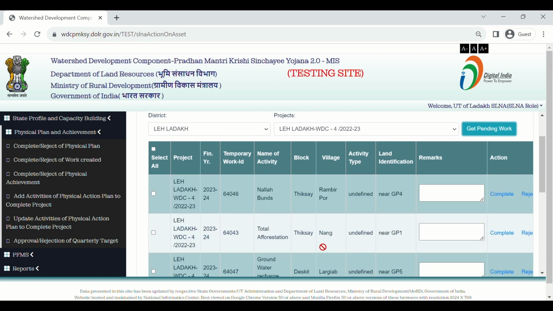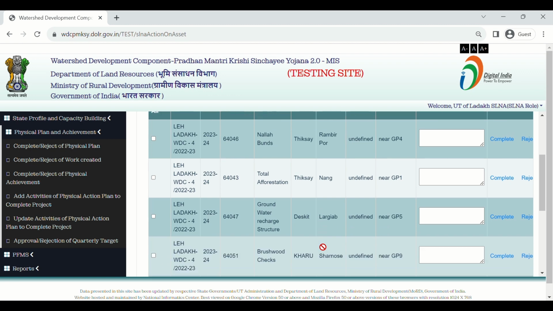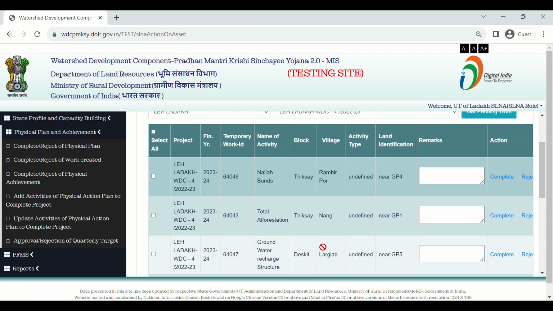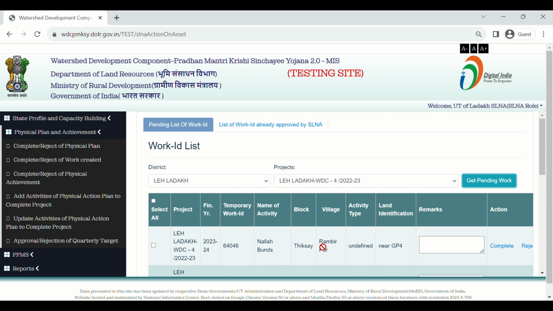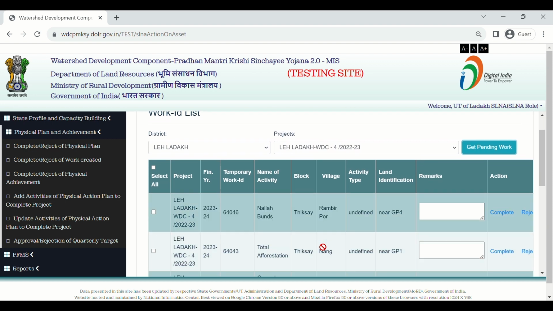Here you can see all pending work. Works are given with their work ID and all the activities. Here the SLNA user can complete or reject the work.